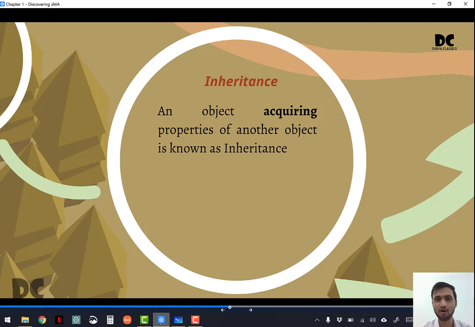So what is inheritance? An object acquiring properties of another object is known as inheritance. Or sometimes we can also write the definition: a class acquiring properties of another class is known as inheritance.